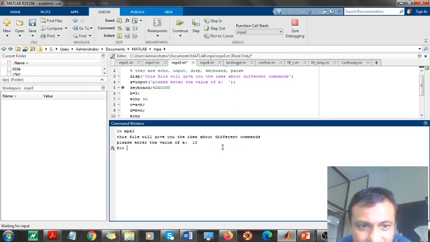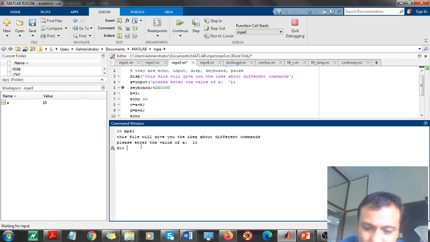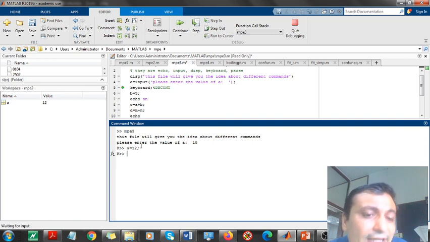Now when I press enter, you see that here the arrow is activated and here K is activated. This means the control now is with the user. If he wants to make changes in any variable, he can do it, right? Suppose I want to change a from 10 to 12, I can do it. Where will this be helpful to me? When I'm debugging the code, I can do this.